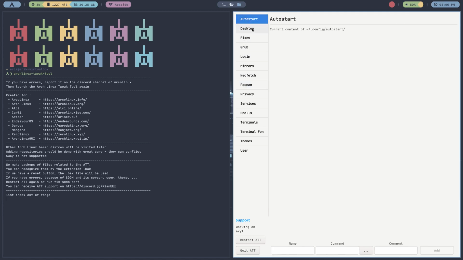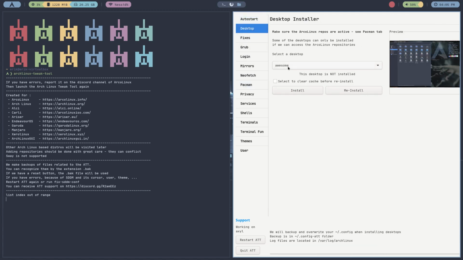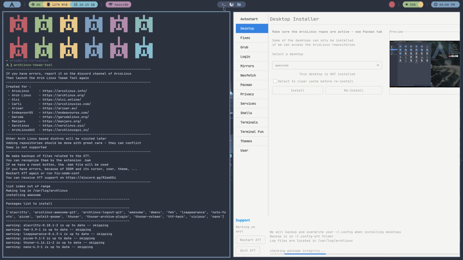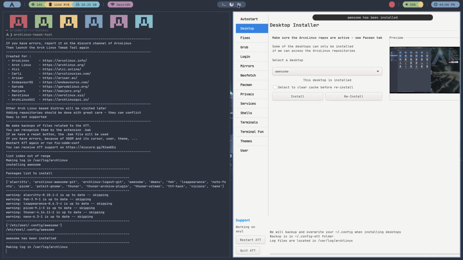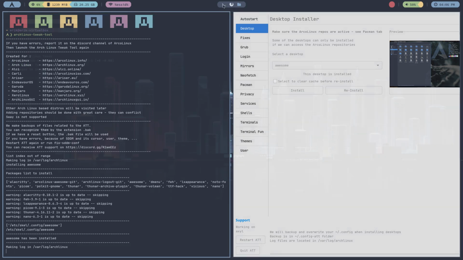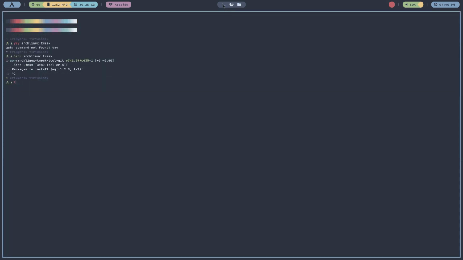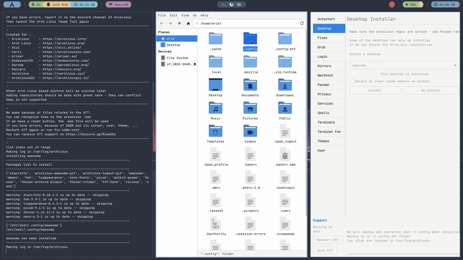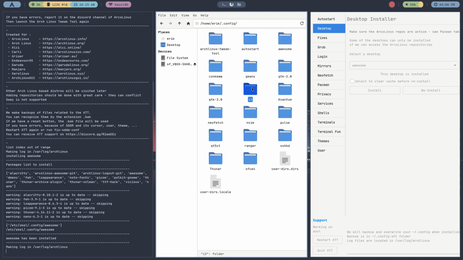We can have a look at the desktop. Awesome can be installed, boom, it's installed. I'm going to install 3 themes. Maybe if we can go to Thunar, I guess we can't here. Let's see. It is on this page that it opens up. It's assigned to a certain page. Personally, not a fan of it anymore. Used to be a fan, not a fan anymore. So